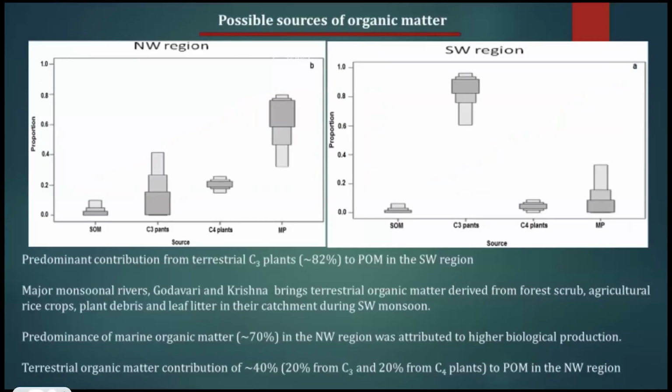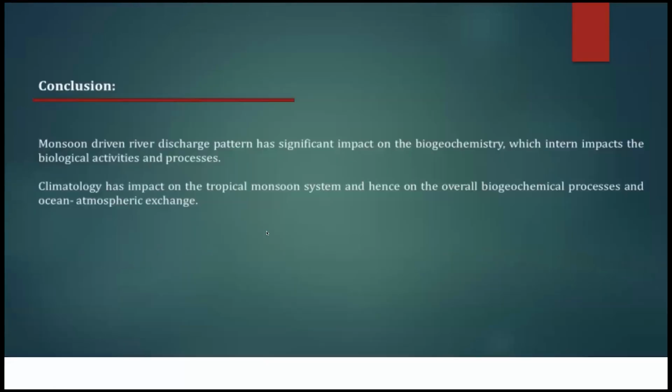Possible sources of organic matter: in the northwestern region, where in situ production was dominating, the marine plankton were contributing significantly, whereas in the southern part, where terrigenous signals were observed, C3 plants were contributing majorly. So the message we conclude here is that the monsoon-driven river discharge pattern and the magnitude has a huge impact on